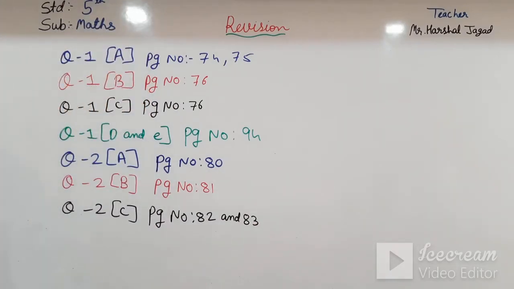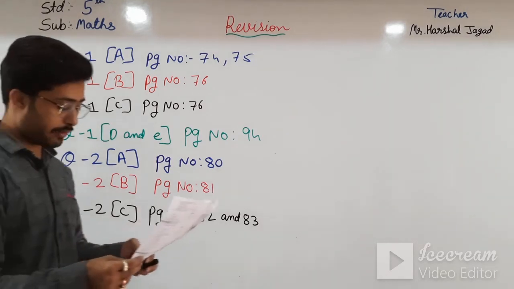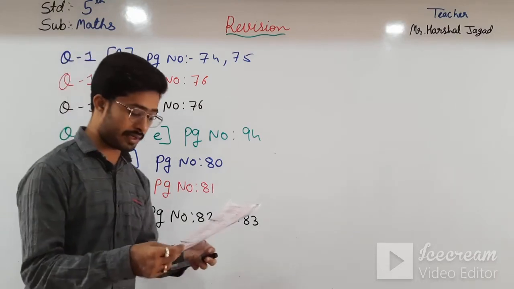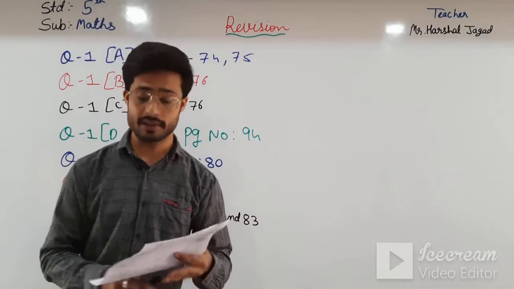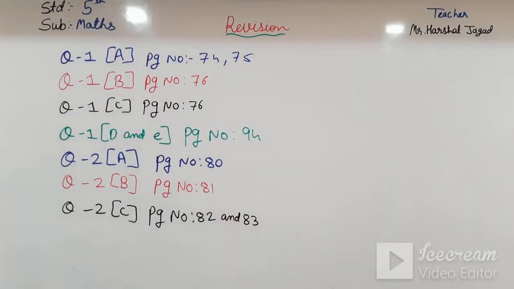Moving further, that is, tick the right number in divisibility by 2, 3 or 5. Question 2d, that is, tick right if the number is divisible by 2, 3 or 5. It is from lesson number 3. Okay students, it is from lesson number 3.